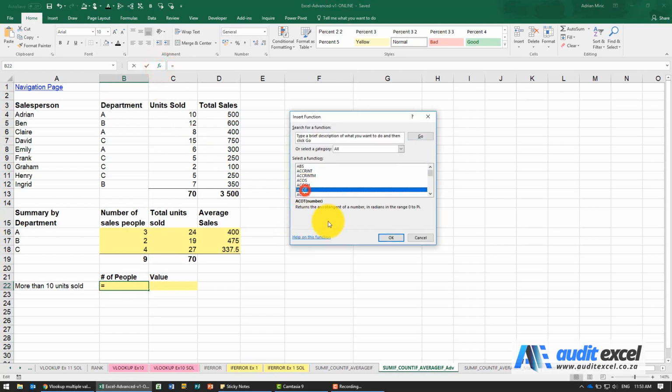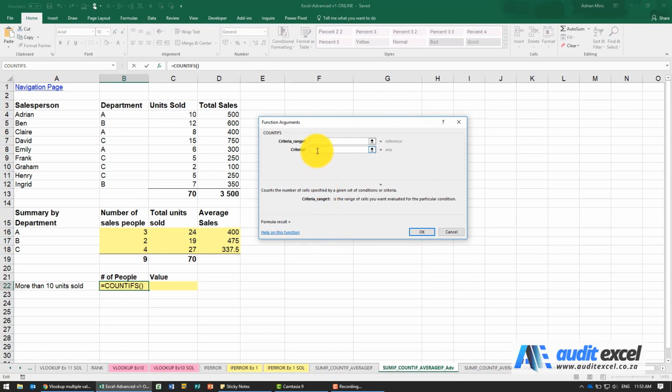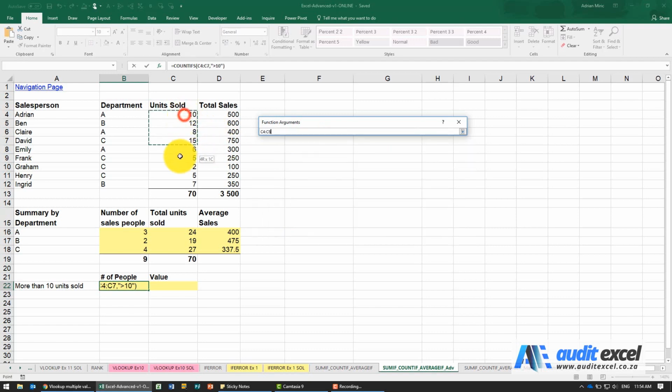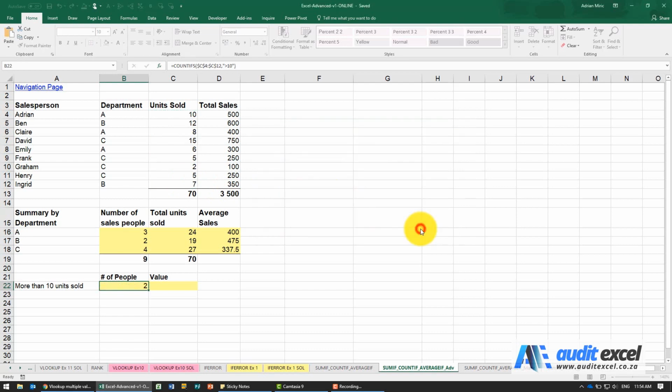We're counting. So I'm going to go find COUNTIFS, the plural. We always start with the criteria, and my criteria here is I'm looking for bigger than 10. So I can just type in bigger than 10. You just need to remember to put in your inverted commas. Where must Excel go find the bigger than 10s? We highlight it over here and we put our dollar signs in. And when I say OK, you'll see it gives us a 2.